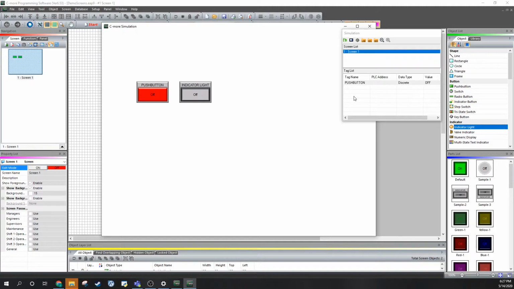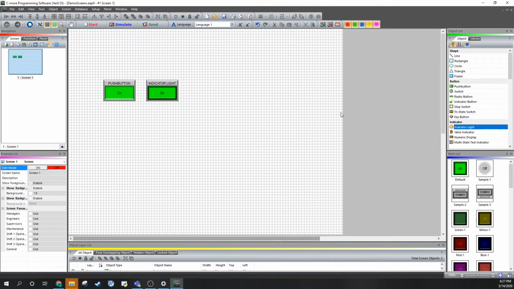functionality you want, because in theory, you would set up this push button tag to write something in the PLC, and then you would set up another tag from the PLC to write back to this indicator light. And so when you're running in simulation mode like this, you're going to have fewer tags probably than you would if you were doing HMI to PLC communications. But you can test and make sure that your functionality works correctly, right? So I'm going to end this simulation,